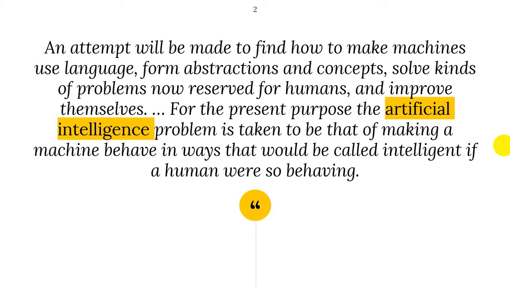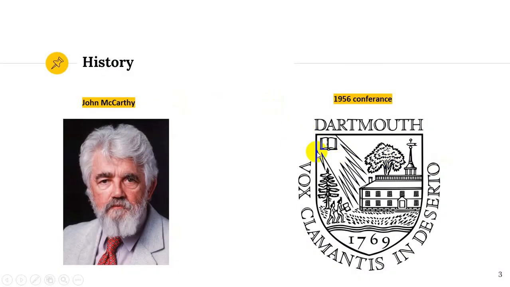This was a result of the 1956 conference organized by John McCarthy at Dartmouth University, entitled the Dartmouth Summer Research Project on Artificial Intelligence. It was a summer workshop that lasted approximately 8 weeks and is widely considered to be the founding event of artificial intelligence as a field. Since then, AI has grown into an independent field of research, drawing ideas as well as